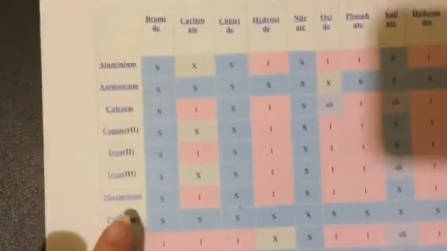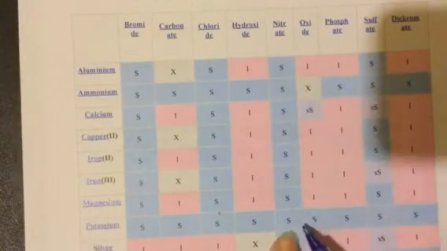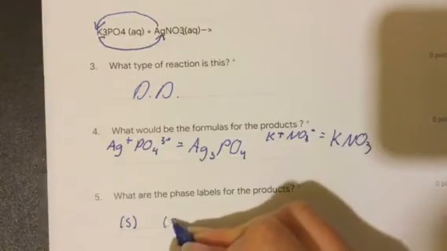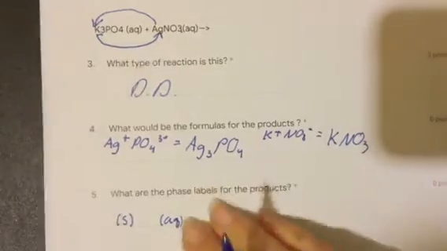And then potassium nitrate. My potassium is here, and nitrate is there. So we look where they meet, and that has an S. That stands for soluble, so it's going to be an aqueous substance. Okay,